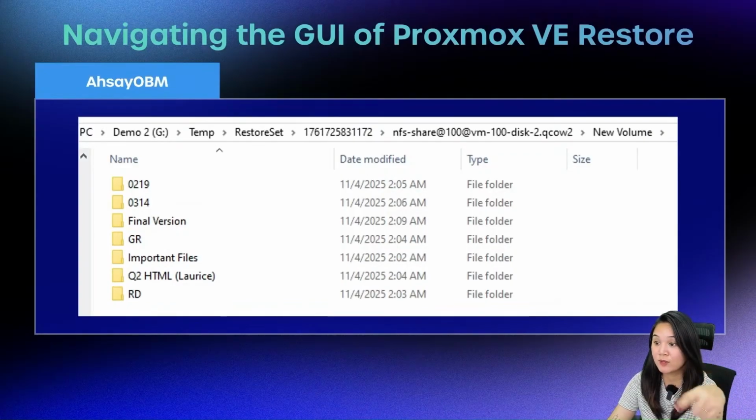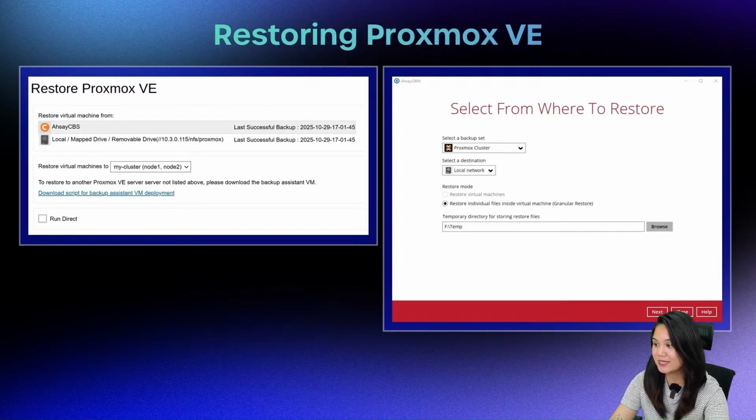So this is how it would look like. So spotted something in the GUI that you want to know more about, so drop your questions for our Q&A time. So now that we've seen how Ahsay stands out from Proxmox Backup Server, let's now move on to what